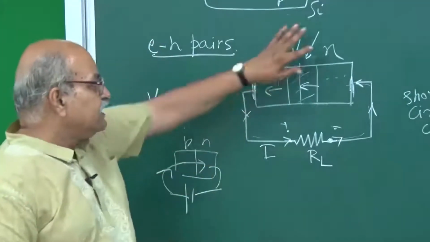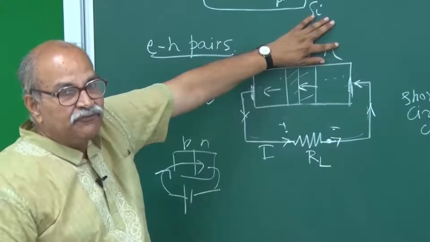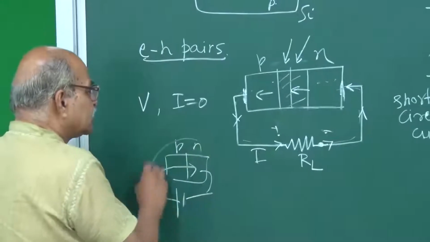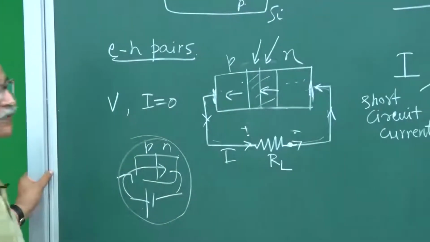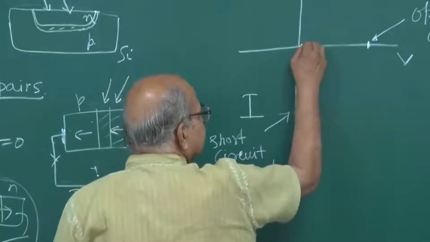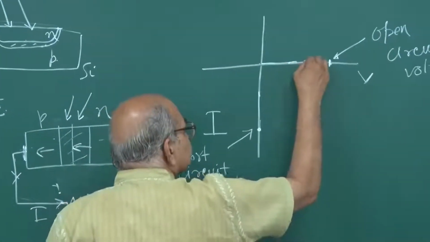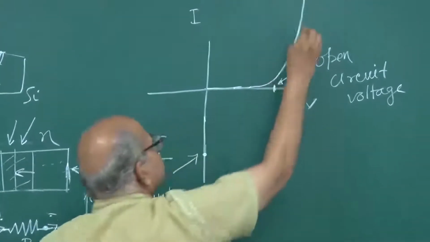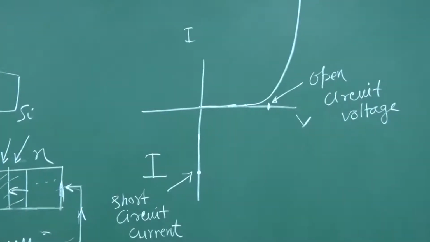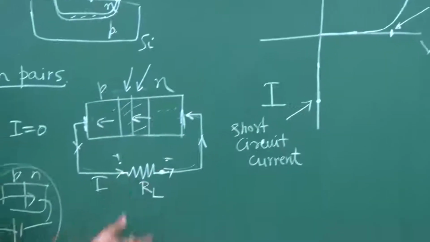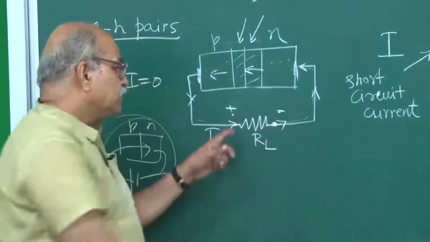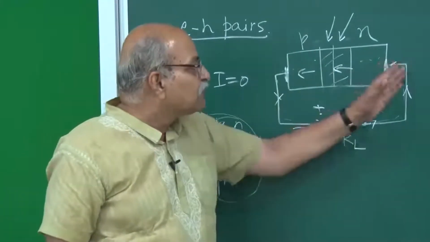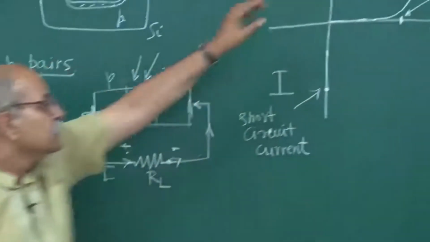If you do not have any light, what happens? If you do not have any light and you apply a voltage to a normal p-n junction, that characteristic is like this. You know that characteristic is like this for a typical diode. Now, if I put this RL and this side becomes higher potential and this side lower potential, then I am doing some kind of forward biasing, and this kind of current will be superimposed